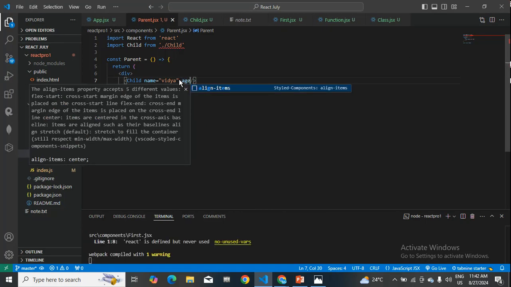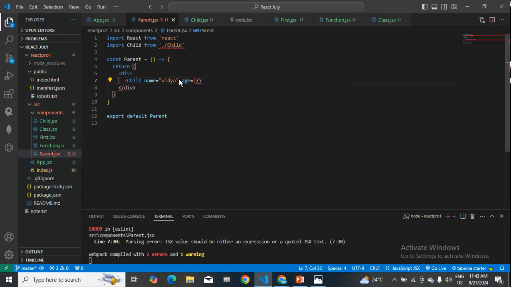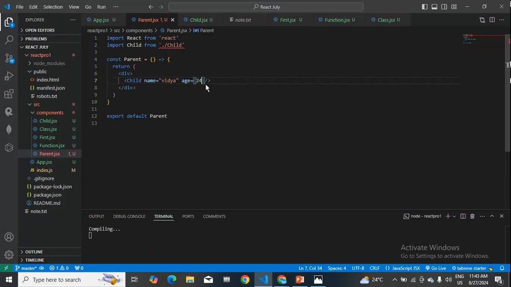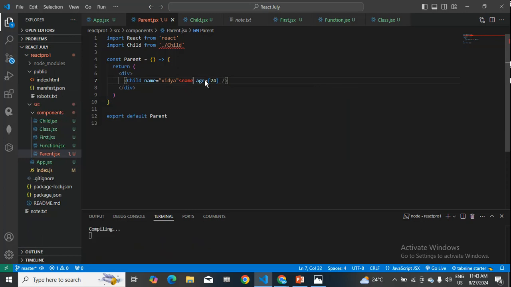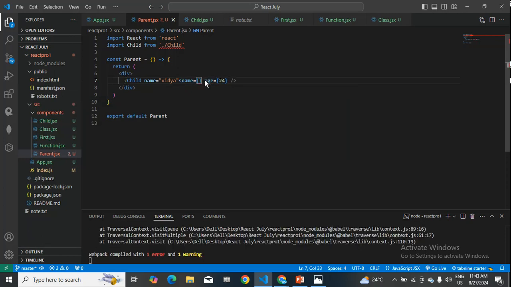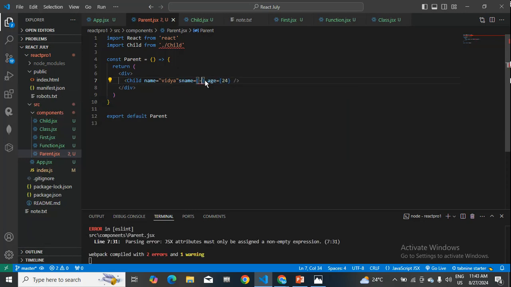Age is like something 24, and what all I can just give. I'll just give second name is equals to, I'll just give dash dash,